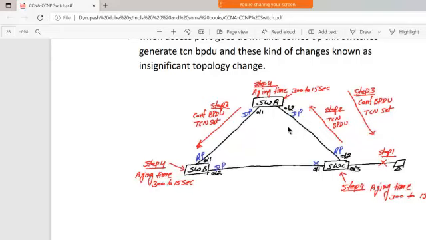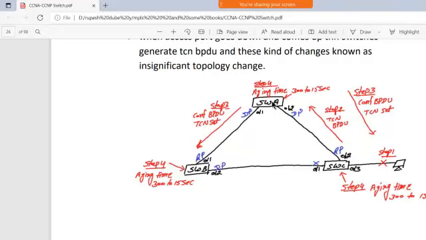This is in the blocking state, so over on this interface nothing is going to happen, because it is the blocking state. But over here, this is in the forwarding state, and always the root port is able to generate the TC BPDU. Always the root port is able to generate the TC BPDU, right? So the second step is that switch number two starts generating the TC BPDU.